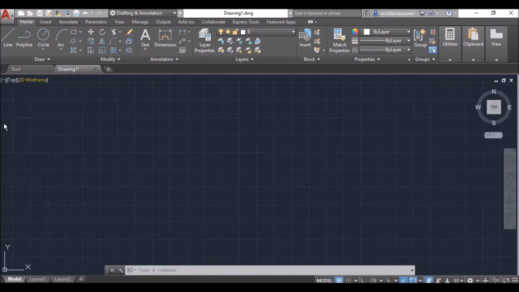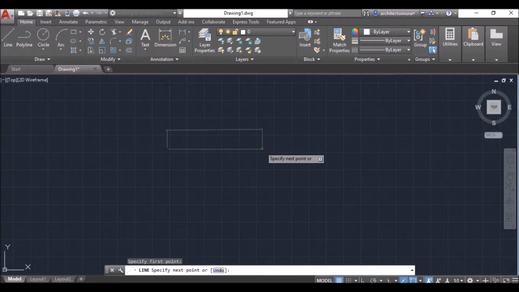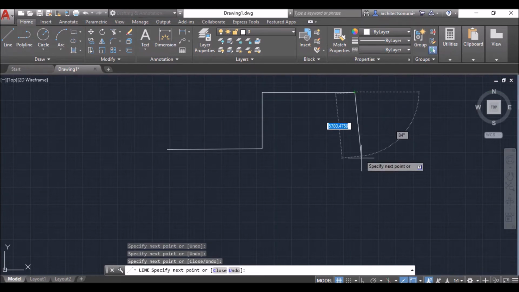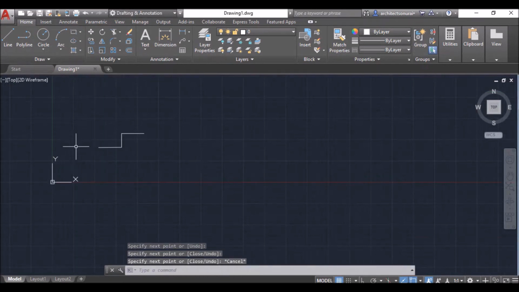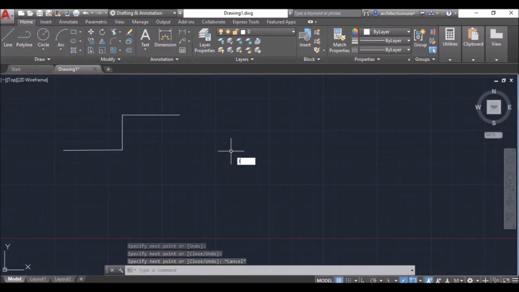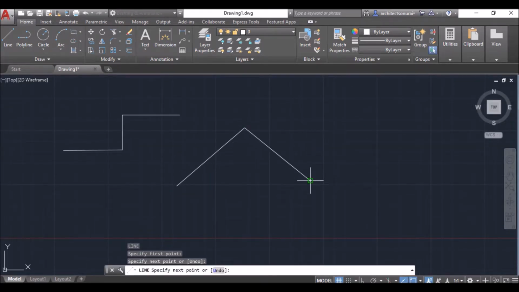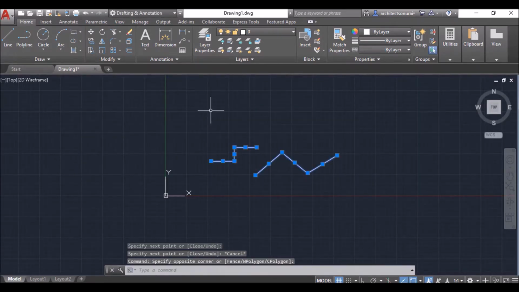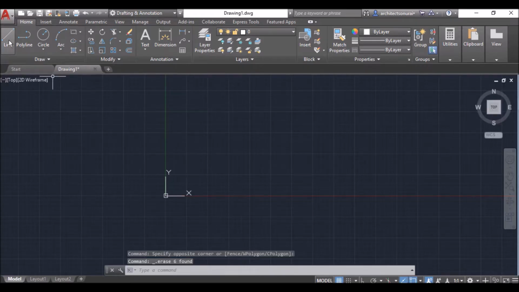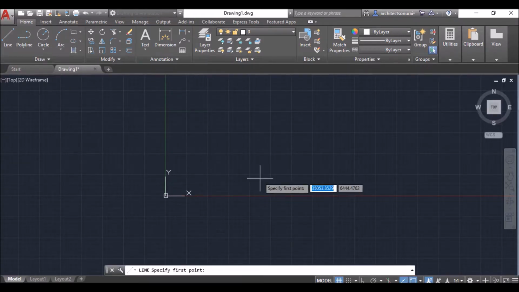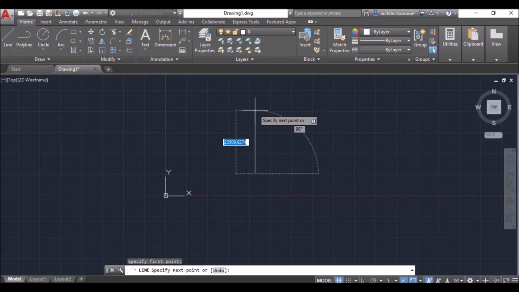So if you want to start making plans, you have to select the line command. Either you select line from here and draw using the line command, or else you can type the shortcut command L, enter, and then you can start drafting. So these are all uses of the line tool. If you select line and start drafting,